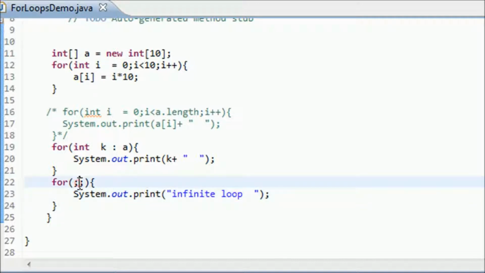It means by default it returns true. There is no initialization, there is no increment operator. It will always return true, which means it never fails. It gives an infinite loop only. Execute this.